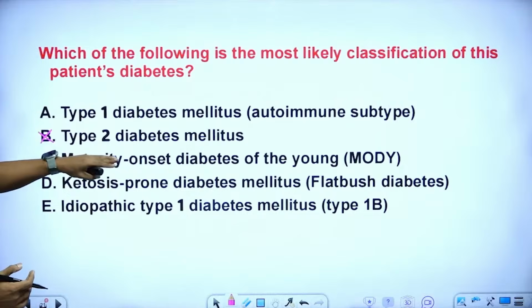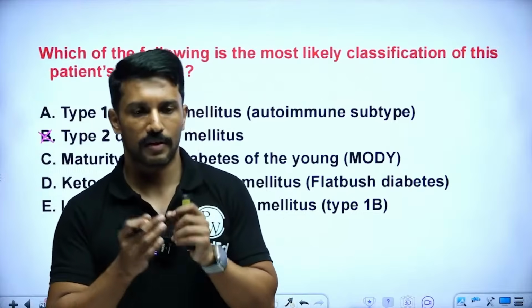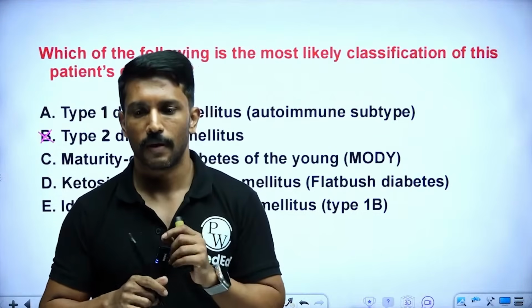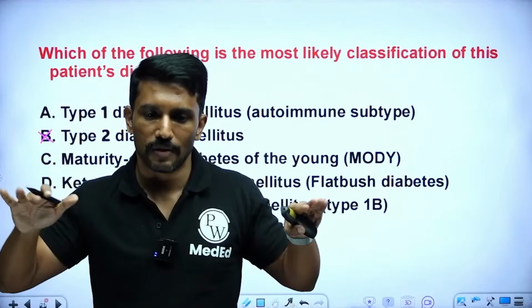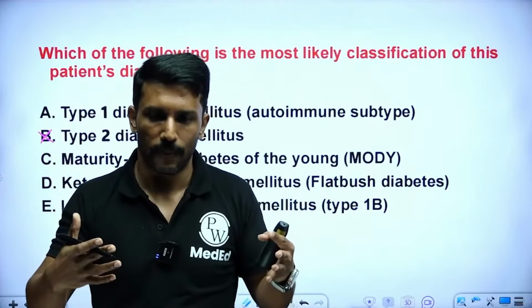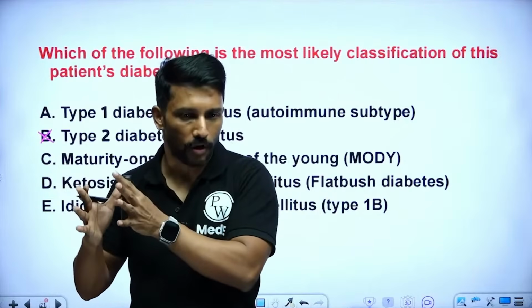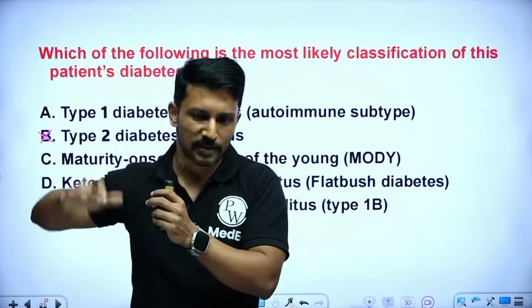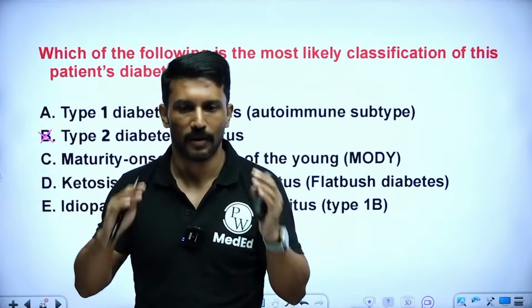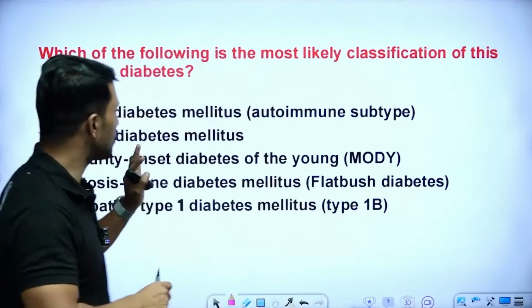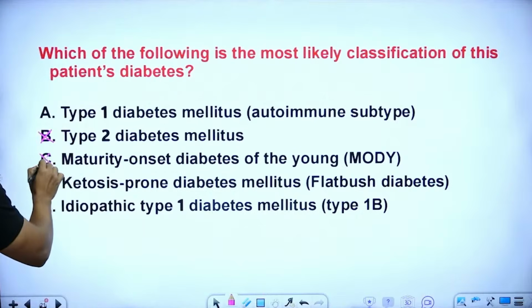Can it be type 1? Can it be MODY? Okay, again, when it comes to MODY, there is a point to note. What is the problem in MODY? There is failure to sense the rising insulin levels, but basal insulin production, the beta cells will be constantly doing. So they don't have absolute insulin deficiency. C-peptide levels will be detectable or normal, but there will not be a rise in response to a meal. As the blood glucose level increases, the beta cells fail to sense it, so they will not be able to secrete insulin. But the basal insulin production is normal. So MODY is not associated with low or undetectable C-peptide levels. So I can comfortably rule that out.